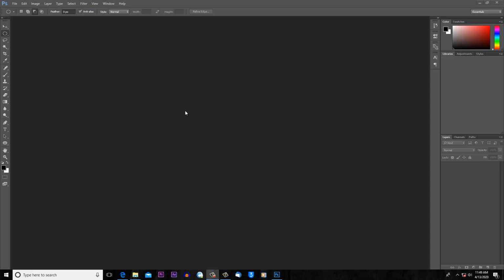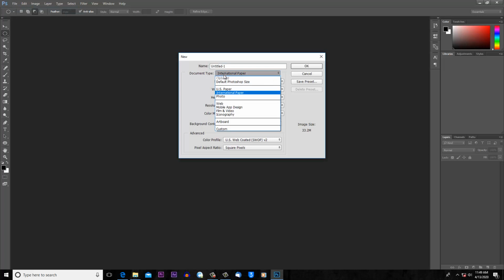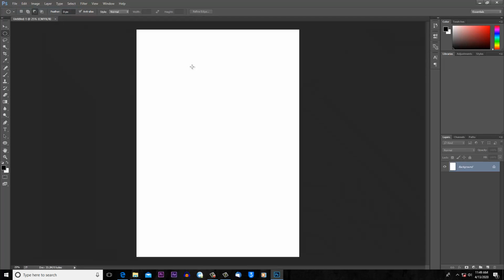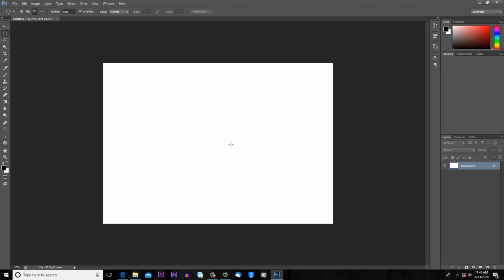In this lesson we're going to look at some few more selection tips. So first, I'm going to create a new document here. I'm going to use international paper on A4. I'm going to change this rotation. When I go to image rotation, I will change it to 90 degrees clockwise so that I will have a landscape image.